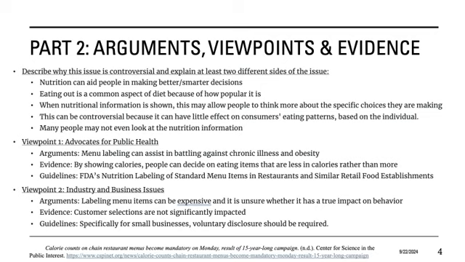Viewpoint 1 is advocates for public health. I was going to argue, and do more research about, how menu labeling assists in chronic illness and obesity, like I mentioned. Evidence could be showing calories and having people decide which item is better, the one with fewer calories or the one with more. Guidelines: I could talk about the FDA's nutrition labeling of standard menu items in restaurants,